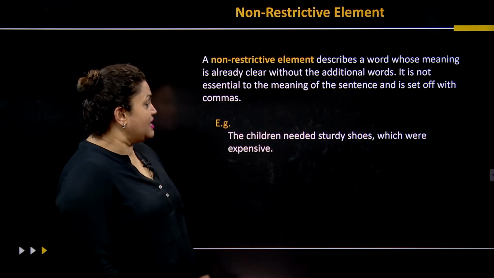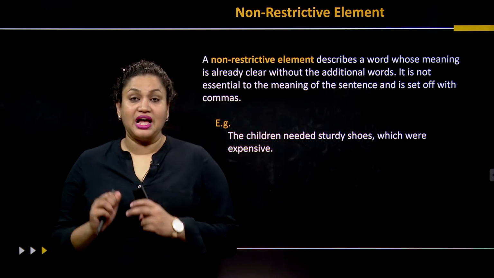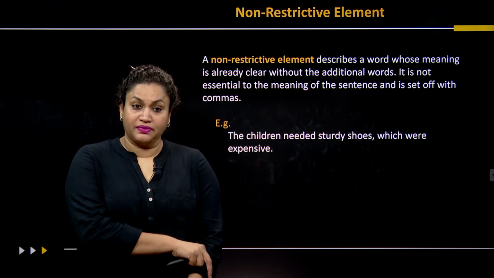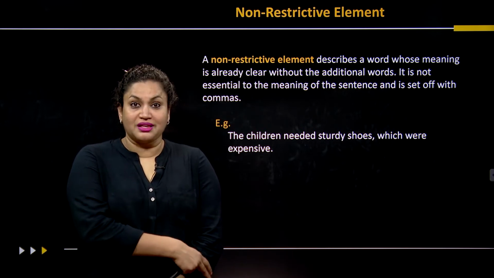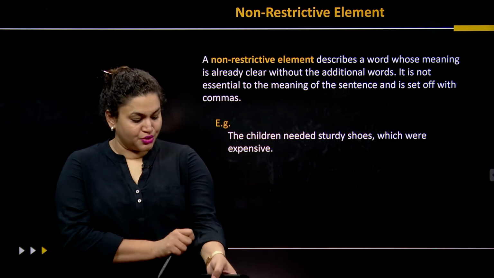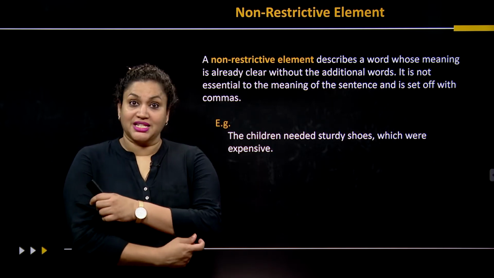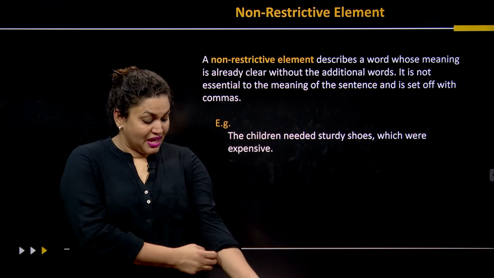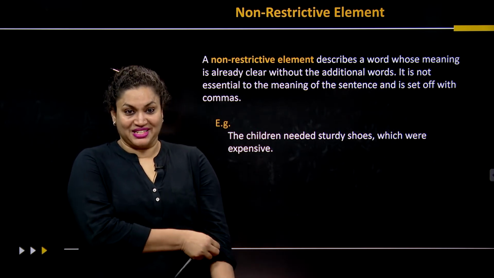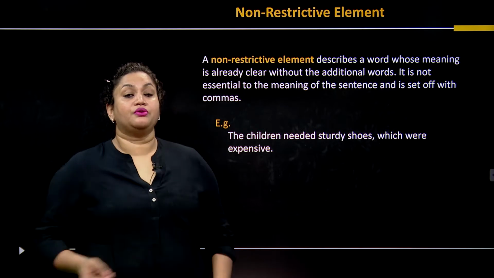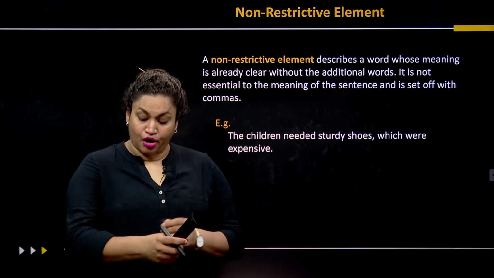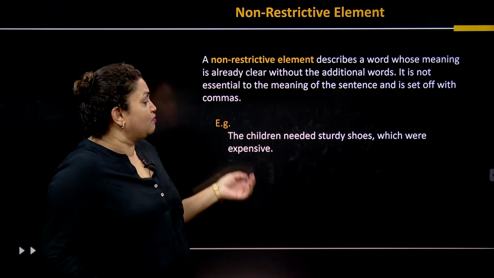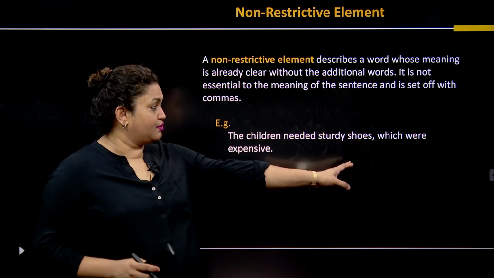Now sometimes, for example, in the first example, you can see the children needed sturdy shoes. Now the sturdy shoes can be acquired expensively. If you go to Reebok shoes, I think the shoes will be expensive, right? And they are sturdy too. Sturdy means something that is strong and effective. Now I can also go to Bata and get the shoes. So depending upon whether you want to go to Adidas and bring it, or you want to get it from Bata, that is your choice. So the point is that you needed sturdy shoes, and that is enough.